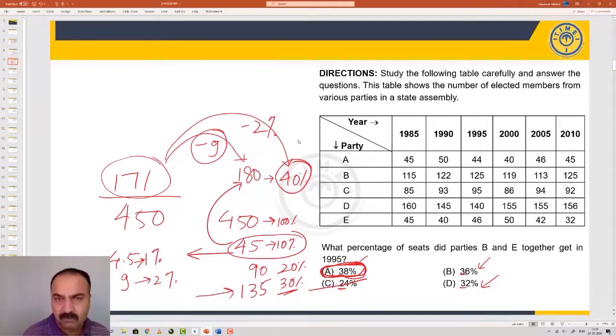Instead of going to 40%, we could have also gone in the forward direction. We already calculated 30%. Then we would have added another 5 or 1 by 1. We would have reached 38%. But if the number is already looking large enough beyond 30%, why not go to 40 and come back one step instead of calculating 30 and then going in multiples of 1 or 5. That will increase the calculation by 1 or 2 more steps. Therefore, in this method, because we looked at the number 171, which was close to the 40% number 180, we deliberately went to 40% and reduced it to the need so that we can reach 171. And therefore, the answer is 38%.